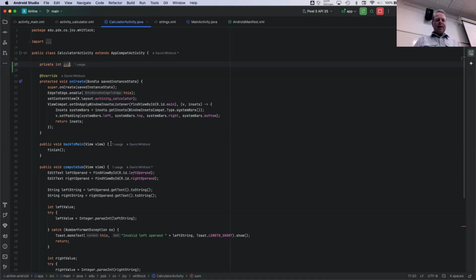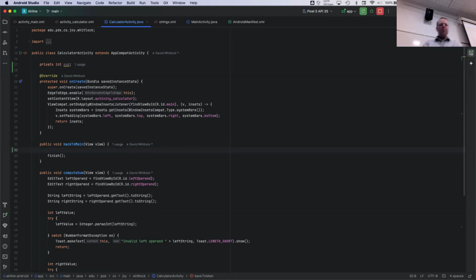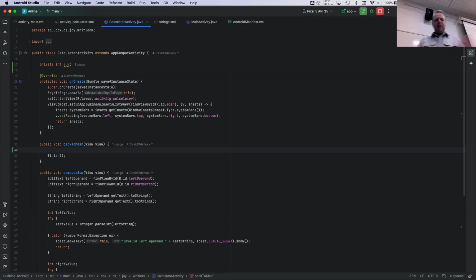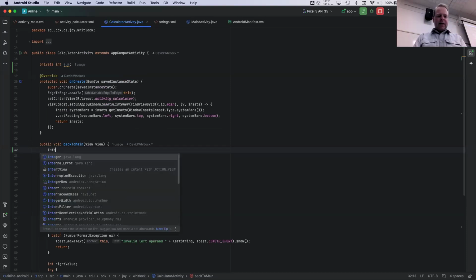And now here in my back to main, I want to return the sum field, the value of the sum field, back to the activity that called the calculator app. And I can do this by using one of those intent objects. So we saw an intent before in the main activity. When we launched the calculator, we used an intent to say, hey, listen, Android, display the calculator activity. You can also use an intent to pass data between activities. And so you do that as the following. You make a new intent object,